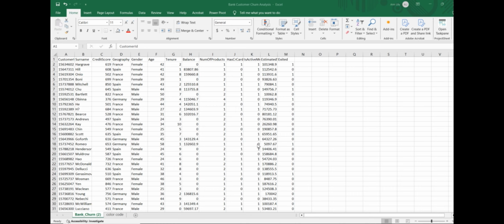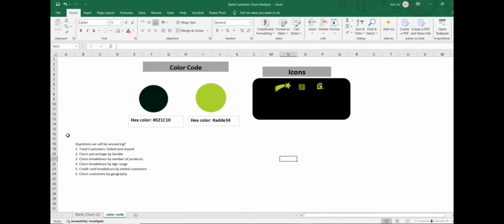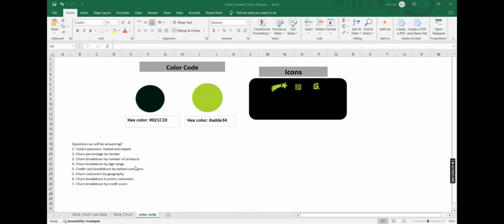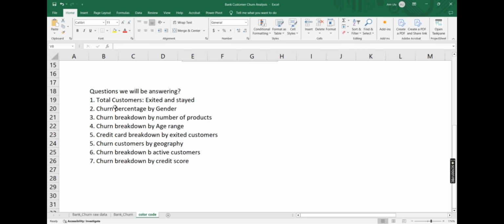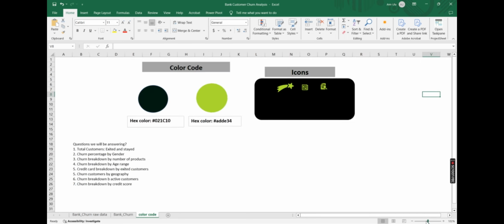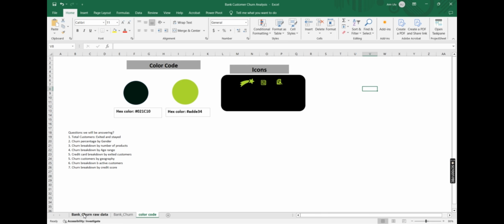So real quick, I have drafted out information we are going to be adding to the dashboard. This sheet is speaking to the color code we are going to be using to create the dashboard you saw earlier. These are the icons, and most importantly, these are the questions we will be answering: total customers, churn breakdown, and others, just as you're seeing right here. So straight up into the video, without much ado,